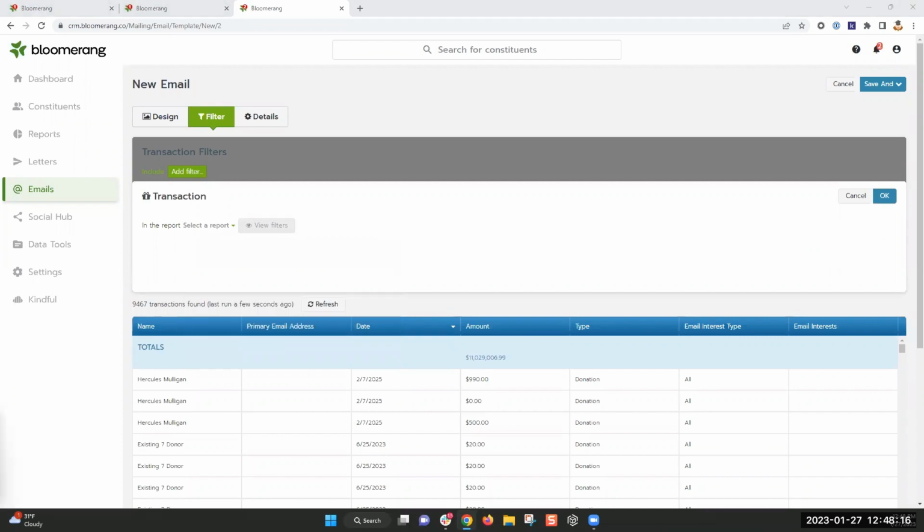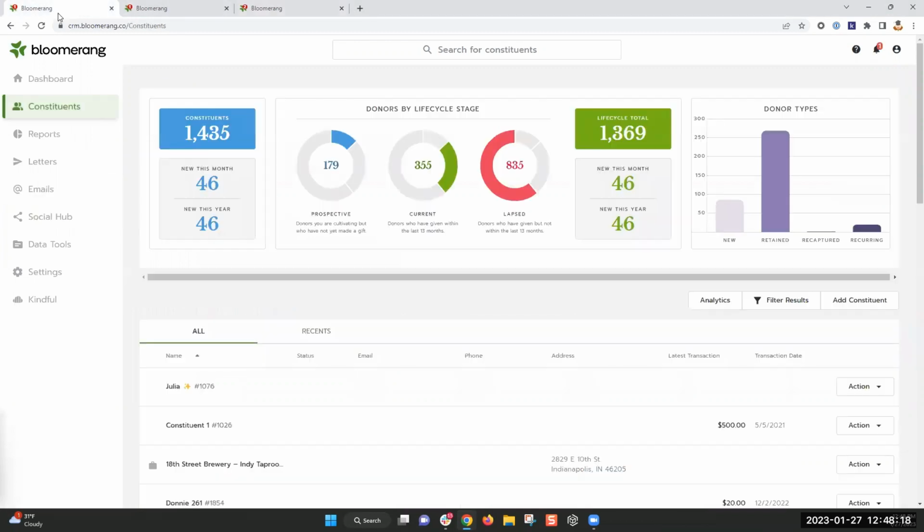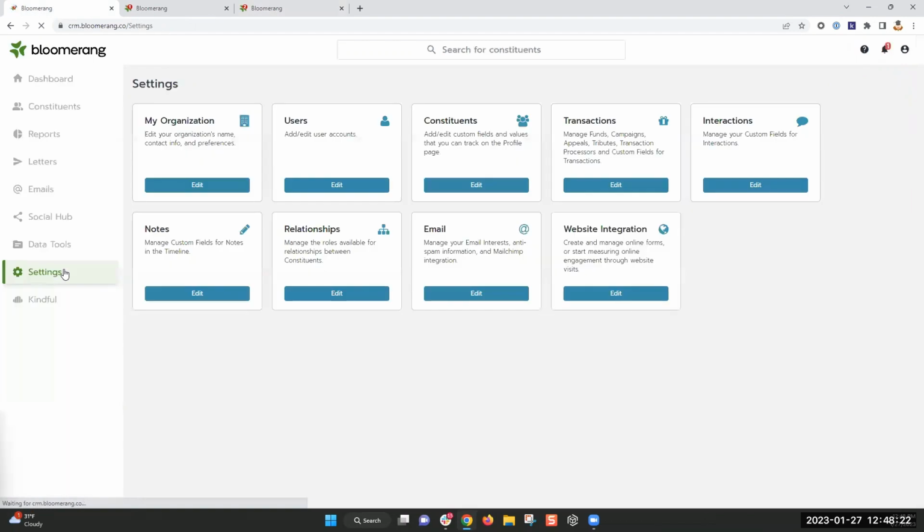Lovely. And just as a recap, to set up your custom fields, go to settings, and you have options for constituents, transactions, interactions, and notes. A good way to think about where you should be creating those custom fields is where do you want the information to be available and what is the information about?